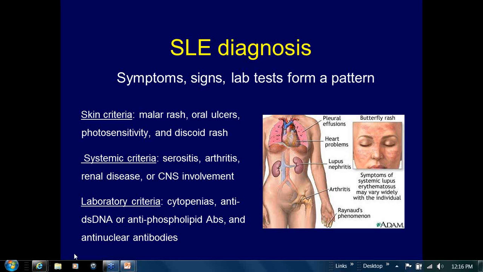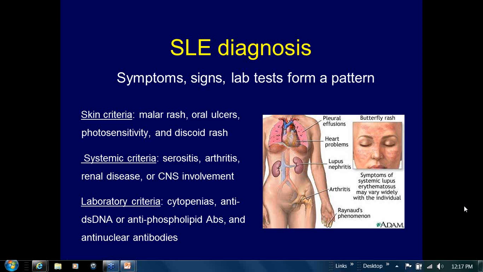We make the diagnosis by putting together a collection of symptoms, signs, and selected laboratory tests when they form a pattern that is consistent with systemic lupus. Some of the criteria that have been established by the American College of Rheumatology for making the diagnosis include a malar rash, that is a rash that occurs over the cheeks of the face or the forehead, sometimes the upper chest and forearms,